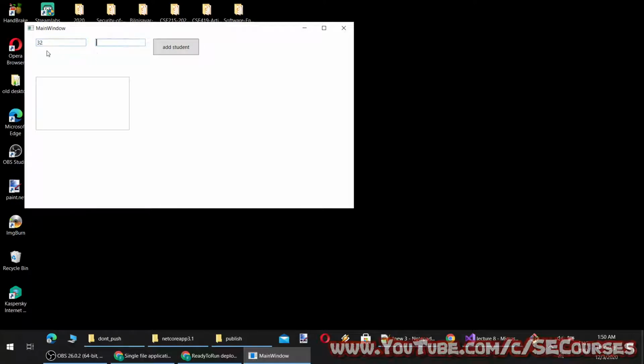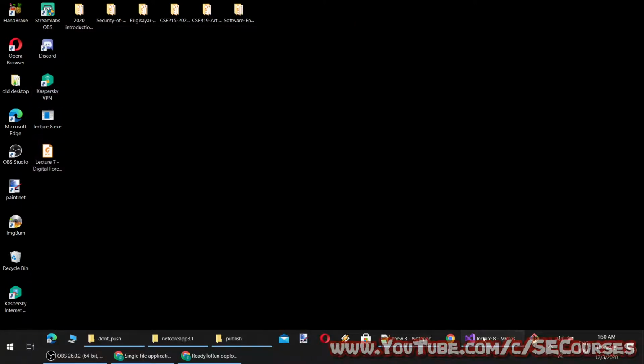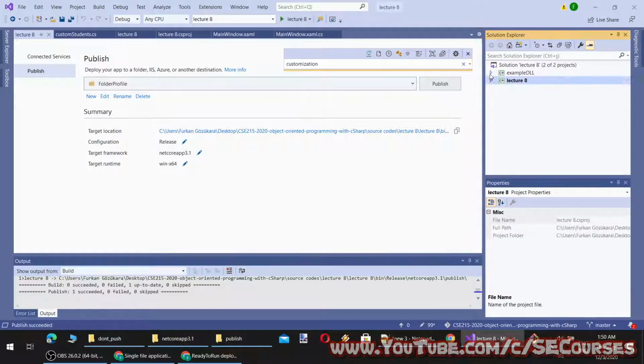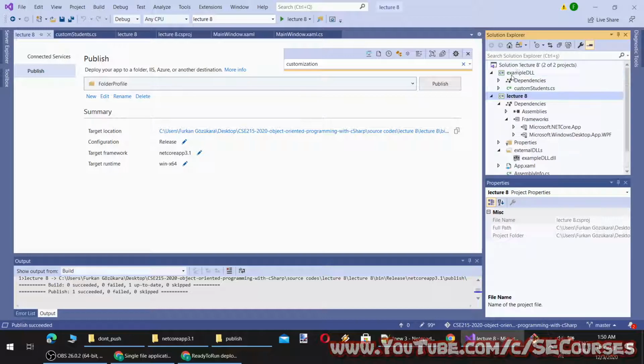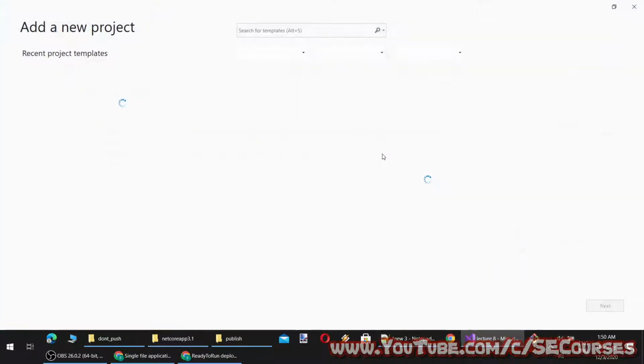Okay, so this was what had to be done. So this is how a DLL is used, and you can also generate DLLs of other projects. So let's add a WPF project this time.